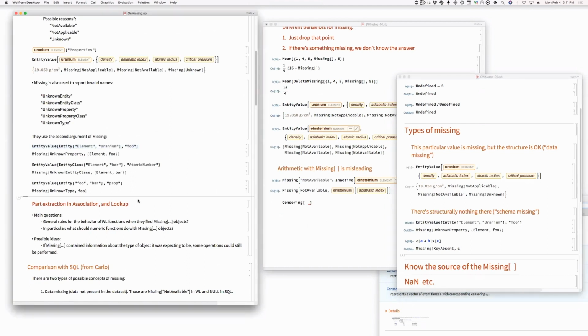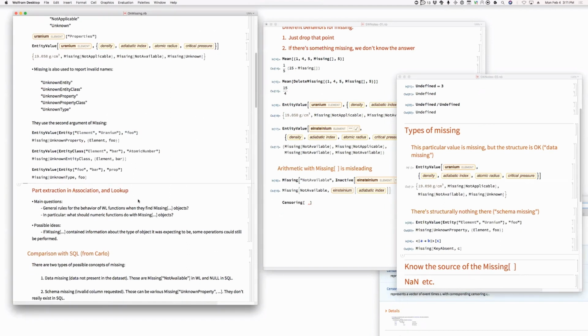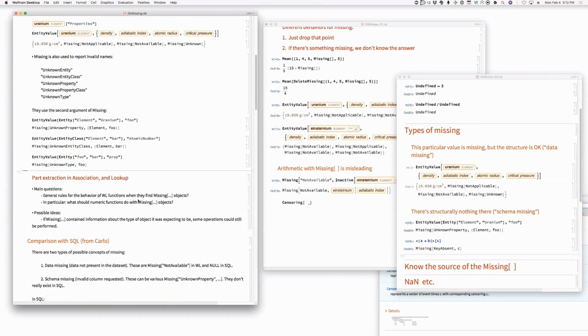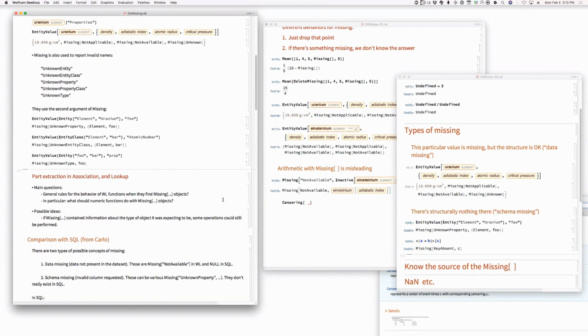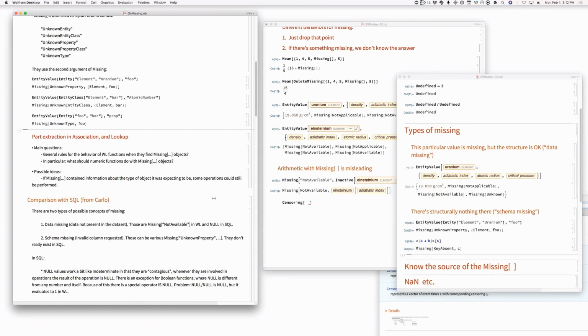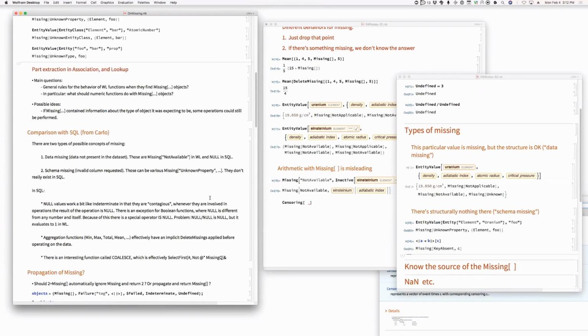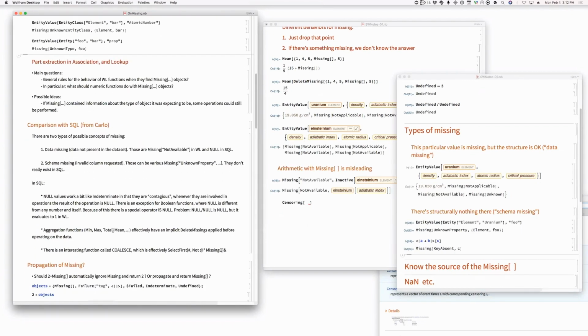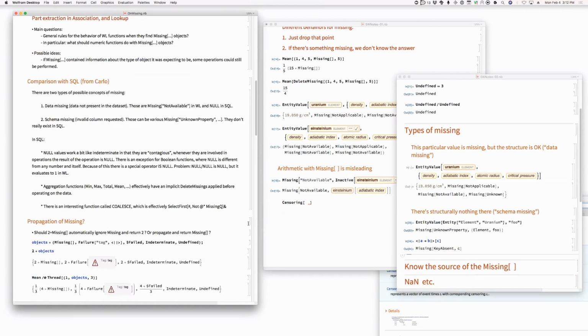The association behavior, A goes to B of C gives missing of key absent. That's a schema missing. Okay, so the next, I don't know what this comparison null values, okay, fine. Aggregation values have an implicit delete missings. Okay. Well, that's a question of